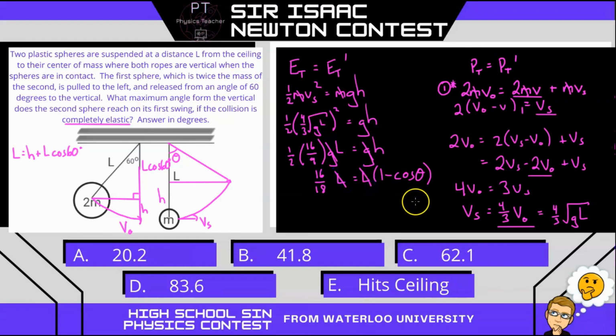And now we can solve for theta. So the cos of theta is going to equal 1 minus 16/18, which is 2/18, or 1/9, and therefore theta equals 83.6 degrees, or